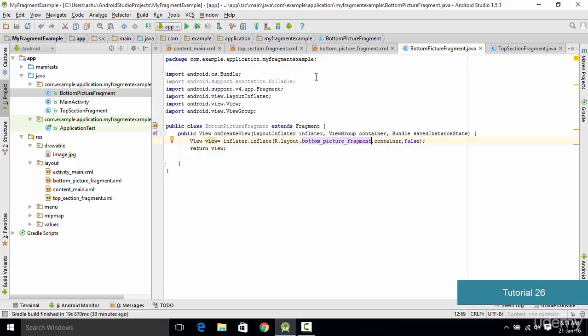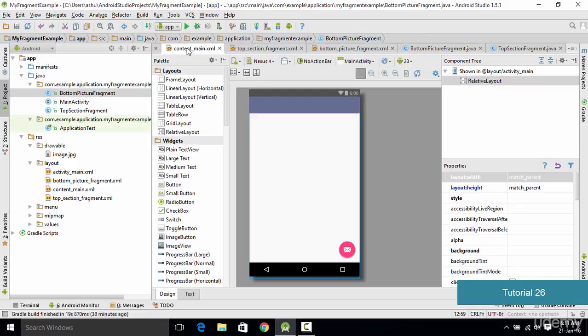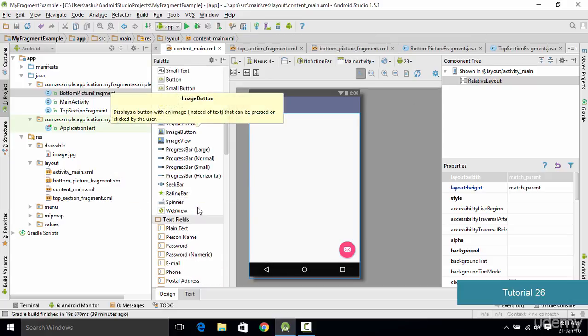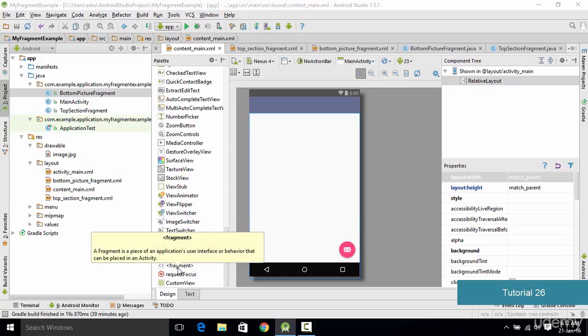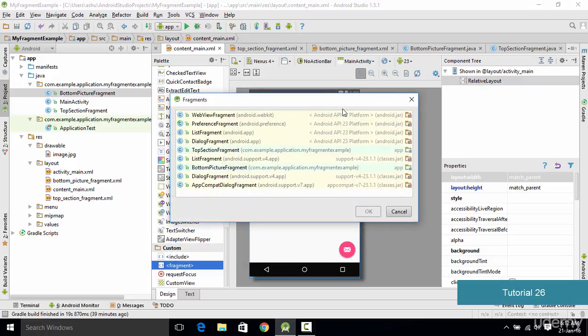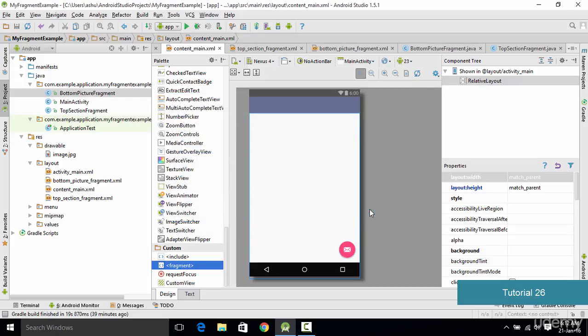And now once we are done with this, we are pretty much done with setting up the Java file for the bottom section fragment. Now we go to the main XML file, and to the main XML file we need to add the two fragments which we have just created. So in order to add the fragments, we scroll down right to the bottom, and under custom we are going to have an option for adding a fragment. So we simply select it, and it is going to ask us which fragment we need to add. Initially we select the top section fragment, then we click OK,